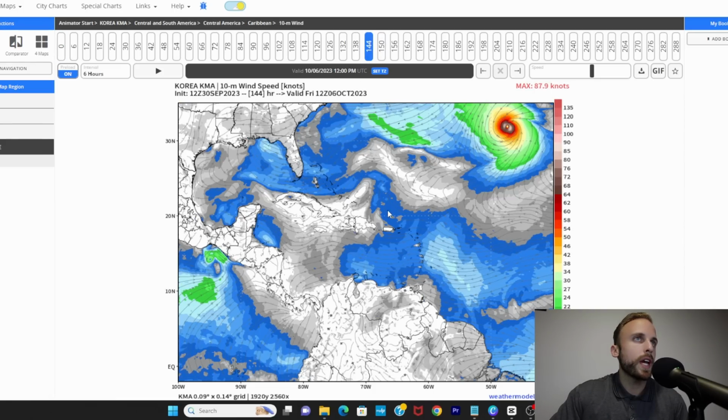down into a hurricane, moving off into the Atlantic, no substantial threat to anybody. Here is our weak wave indicated right over top the Lesser Antilles. You can see that little bit of faint kinking in our streamlines. That is a clear indication of a wave traversing the Lesser Antilles, Greater Antilles area as we speak at this